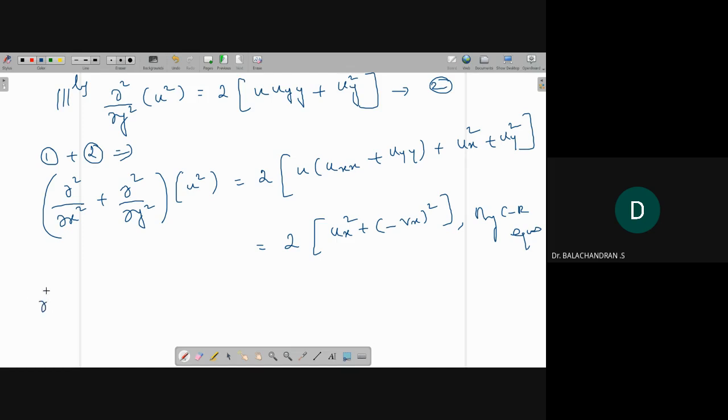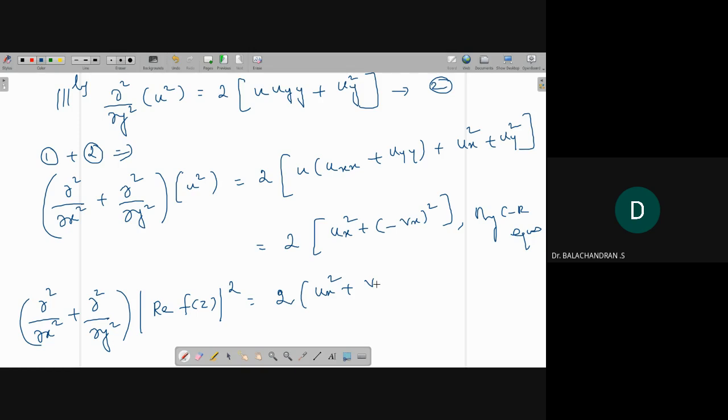So the left hand side is nothing but ∂²/∂x² plus ∂²/∂y² of the modulus of the real part of f of z whole square, equal to twice ux squared plus vx squared, or you can write this as 2 into modulus of f dash of z whole square. So the proof is over,